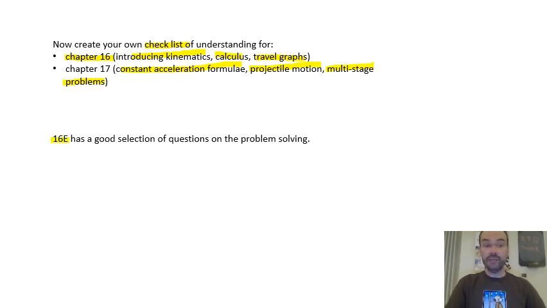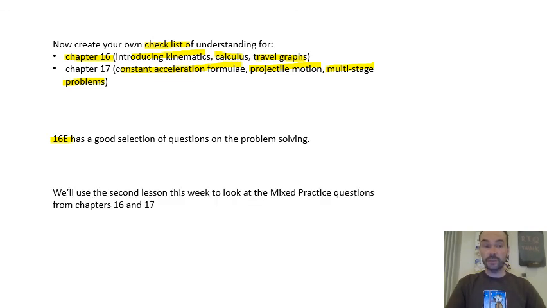16E is a really good selection on the questions on the problem solving. Okay, we used the second lesson this week to look at the mixed practice questions from 16 and 17. Okay, and that'll be the end of the second week after we've come back from the Easter break,